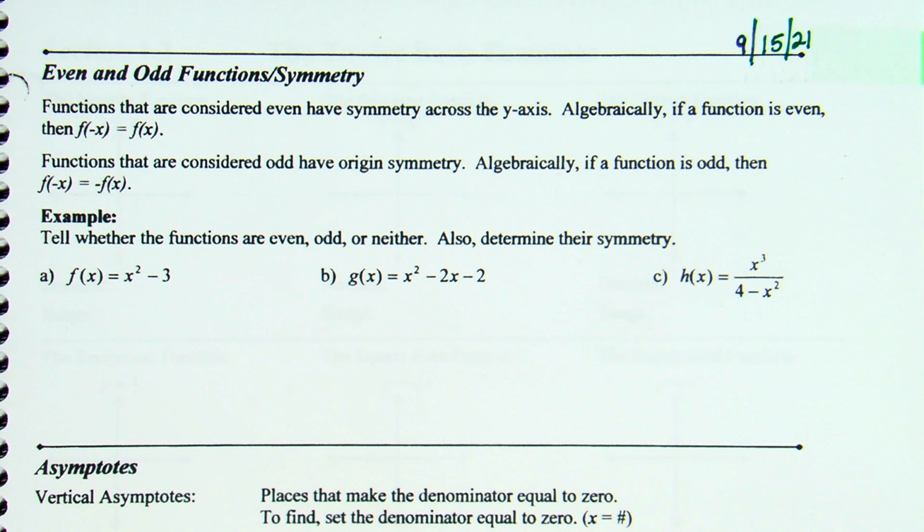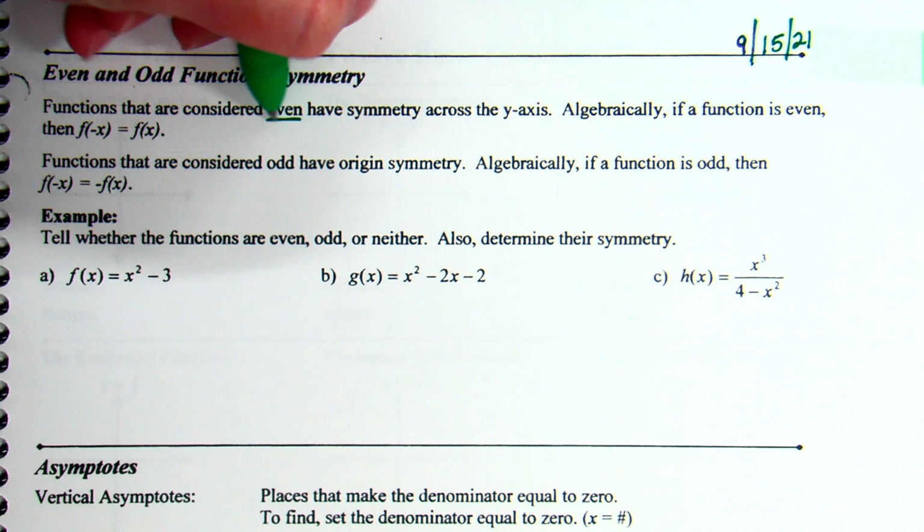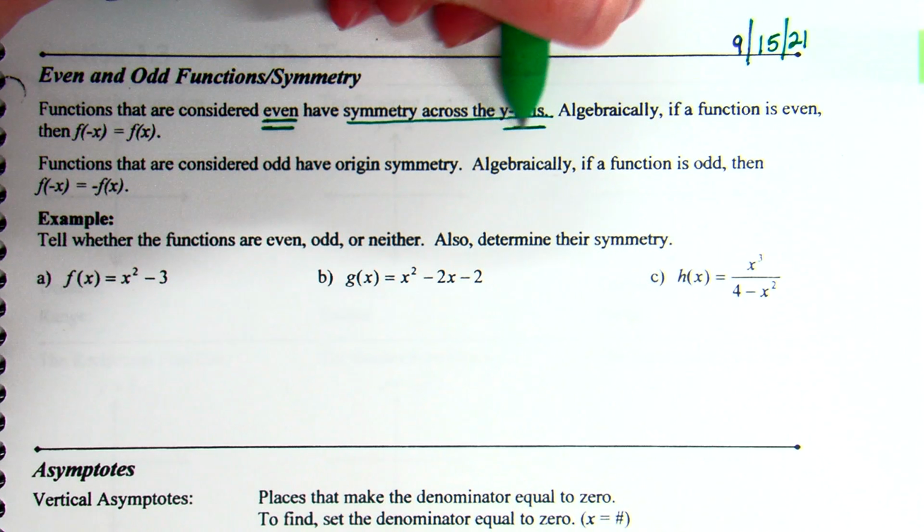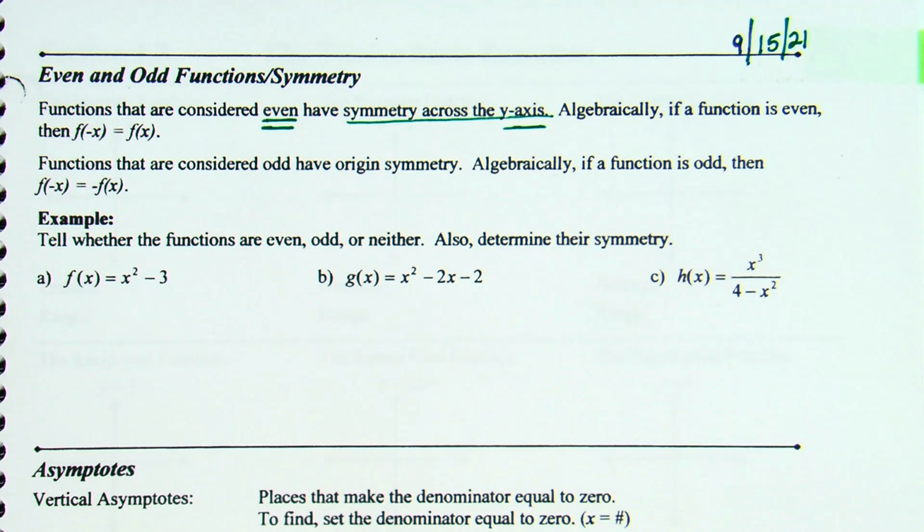Okay. Even and odd functions and symmetry. So a function can be called even or odd, or neither, honestly. Functions that are considered even: note here, if a function is considered even, graphically, it is symmetric across the y-axis. So if you look at a graph, you can tell a function is even because it's symmetric across the y-axis,